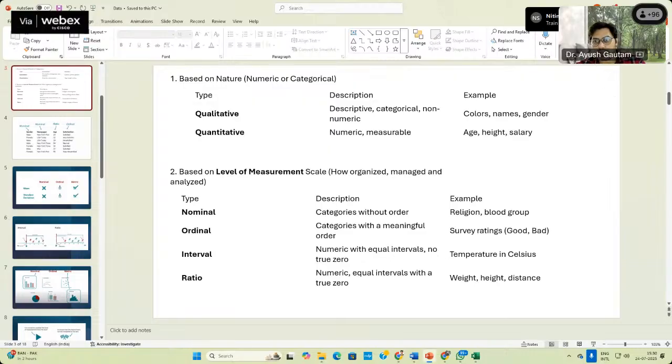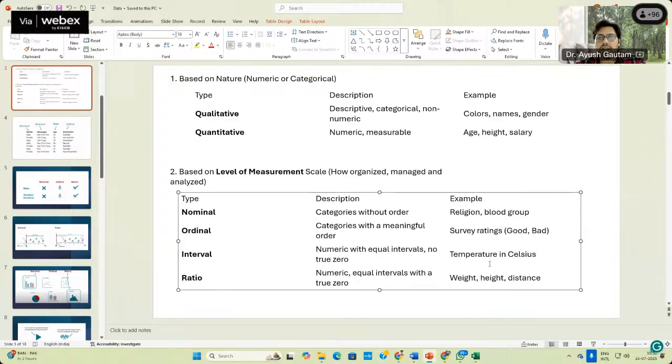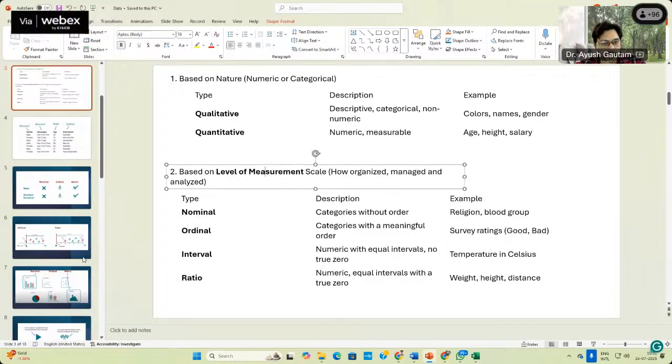Can you please elaborate the train example? Okay, I'll come to that. But the train example, Nitin, is for the interval, for the metric data, not for the ordinal data. So do you have a doubt in the ordinal data or in the metric data? Okay, in the metric data. Okay, so let me come there again.